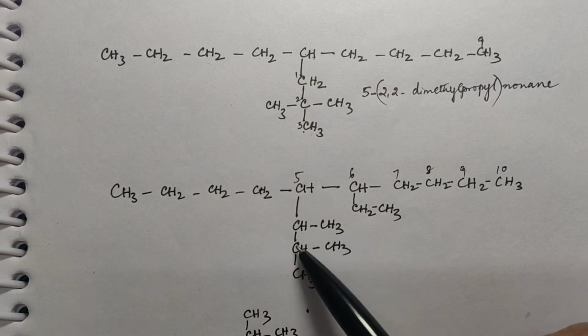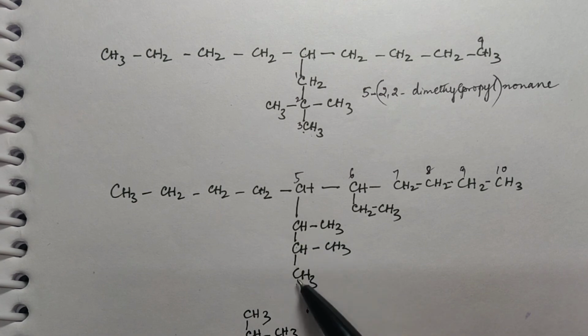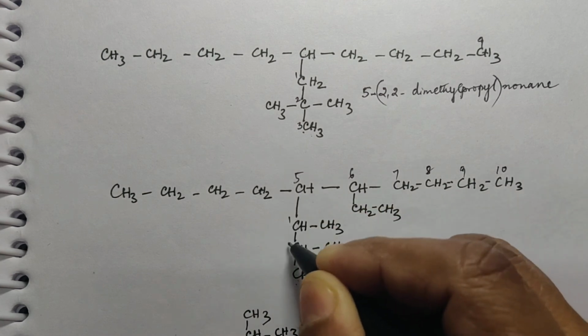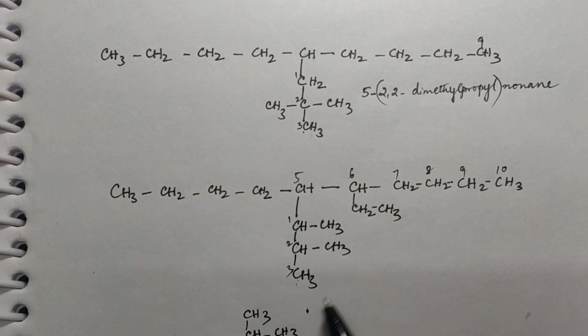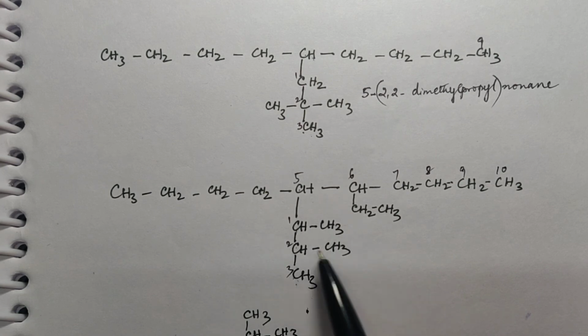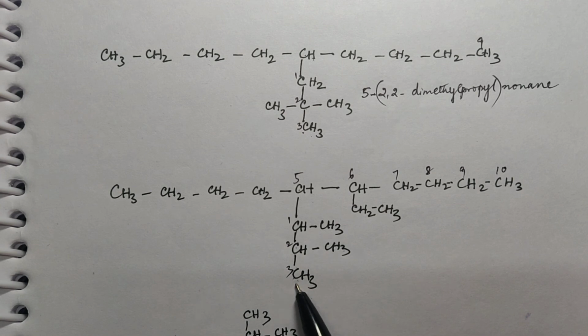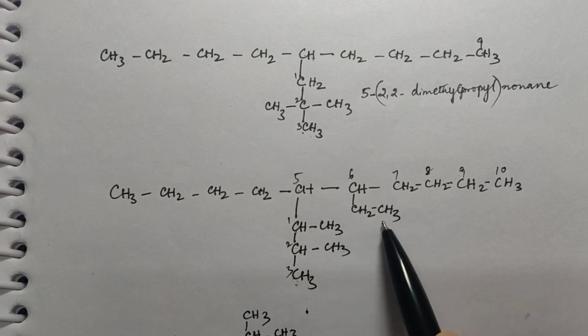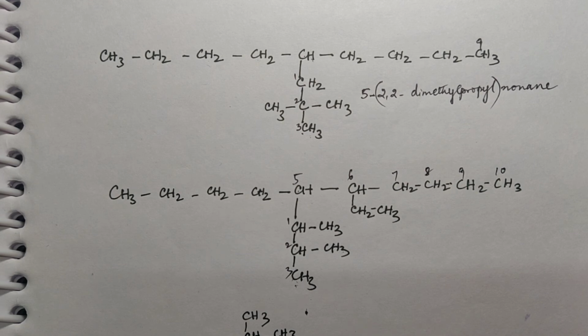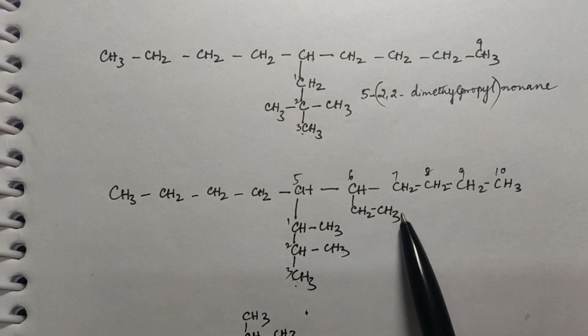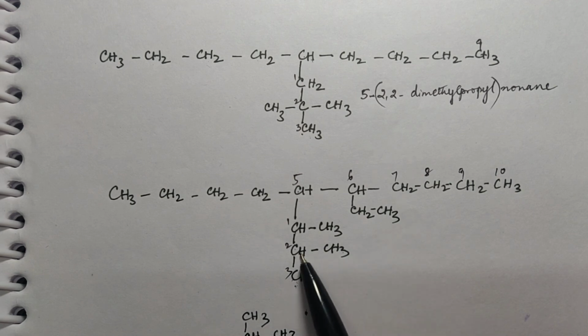Now this is again a 3-carbon chain. Now you will number it from the carbon which is attached to the main chain as number 1 in the branch. Okay, so 1, 2, 3 you have numbered it. Now 1-methyl, 2-methyl propyl. This is how you will name it. And what is this? This is ethyl. Okay. Now how do you name it? Which one you have to start with? Now here, should we start with ethyl or should we start with this? Right? So for that, what you have to understand,